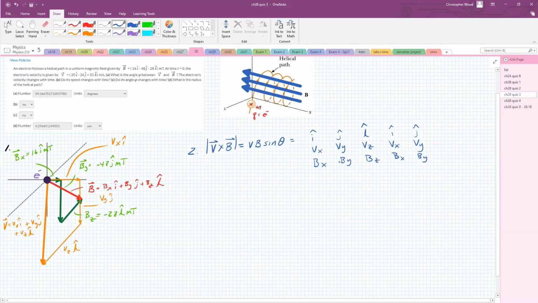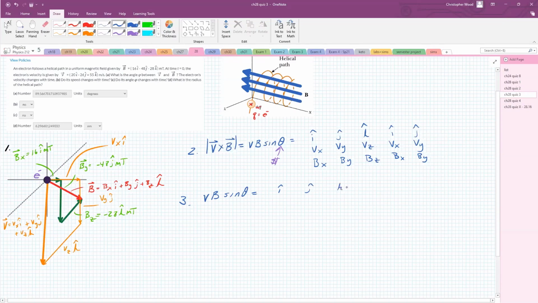All right, so I have these two different ways of doing cross product. And here's my dollar sign. It's saying, what is the angle between these two vectors? What's the angle between red and orange? Red is B, my magnetic field. Orange is V, my velocity. So there's my dollar sign, and I think I can do this now. All right, let's just keep going. Number 3. The magnitude of V times the magnitude of B times the sine of the angle between them is